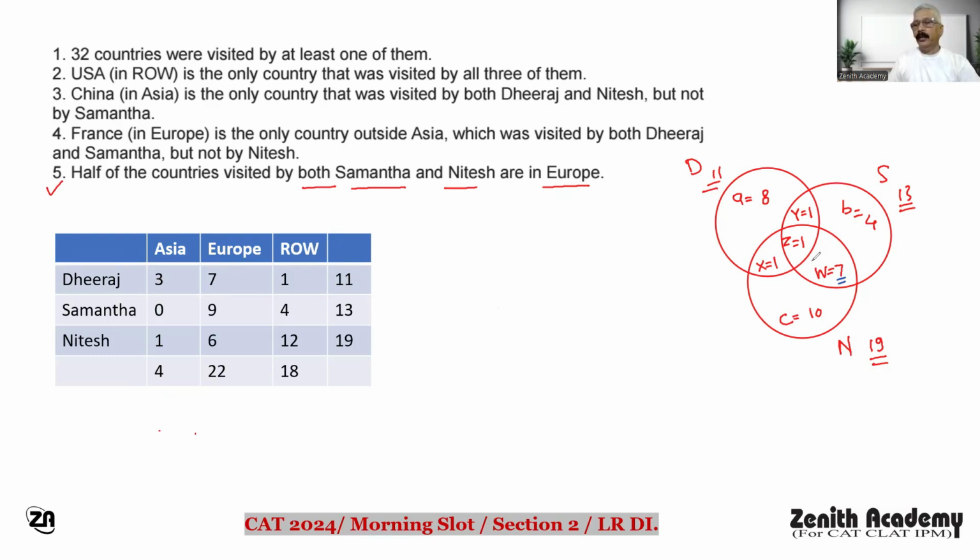And here, Dheeraj, Samantha and Nitesh visited together. But here it is not given whether Dheeraj is with them or not. So to understand this line, half of the countries visited by both Samantha and Nitesh are in Europe. Samantha and Nitesh visited together